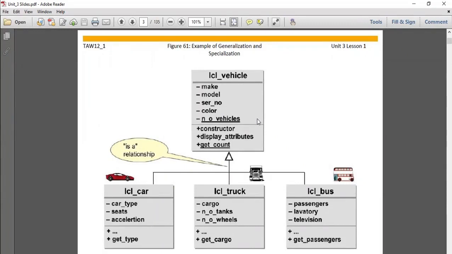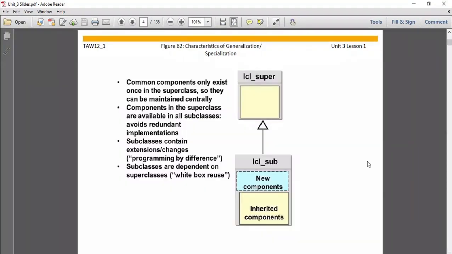Now come to the next topic, characteristics of generalization or specialization. These are some of the characteristics mentioned in the slides. The first one is that common components exist only once in the superclass. Generally, the main feature of using inheritance is to avoid rewriting methods again and again. That means reusability.